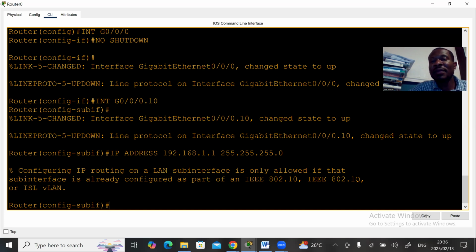Configuring the IP routing line is only allowed if that interface... Yes, we need to configure first the protocols. As I said, the protocol needs to be determined, right? So we need a protocol that will allow us now to link VLANs. That protocol, how you're gonna do it? You must say